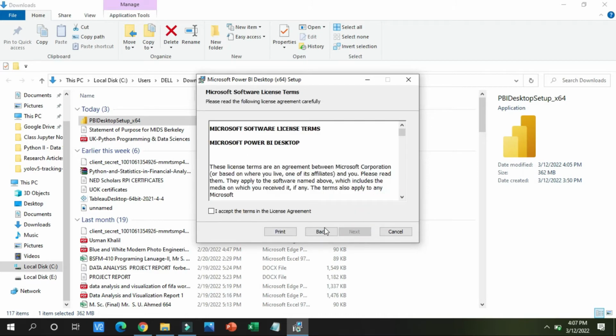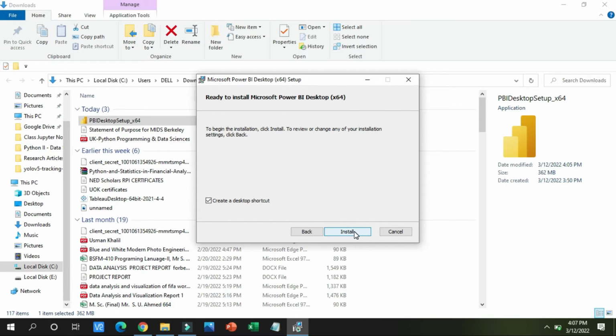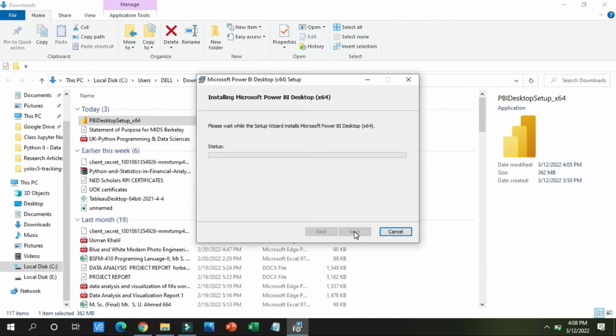Okay, and accept the terms in the license agreement, and I will install it in Program Files Microsoft. You can change the path if you want to change it, but keep it in the C directory. Yes, we want to create a desktop shortcut. I will click on the install button, and the installation has been started. So this installation will take a few minutes, and after the installation, inshallah, we will be on the Power BI desktop screen,